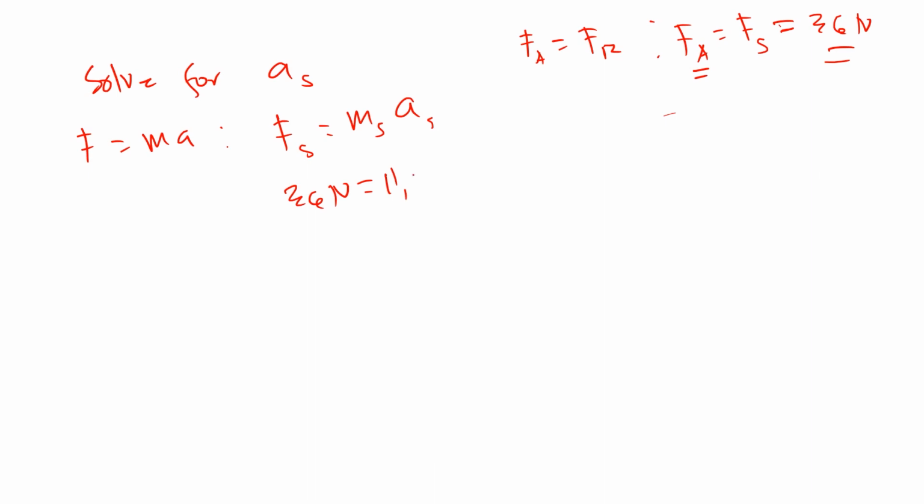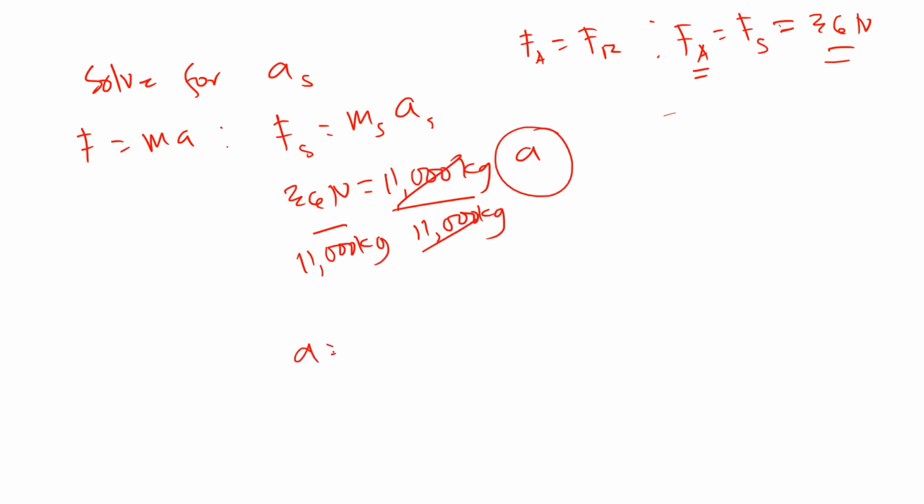So this is 11,000 kilograms times A. So divide both sides of the equation by 11,000 kilograms. Cancel out, cancel out. So the remaining variable is A. So A is equal to 36 newtons divided by 11,000 kilograms. So you divide this one, 36 newtons divided by 11,000 kilograms, and this is equal to